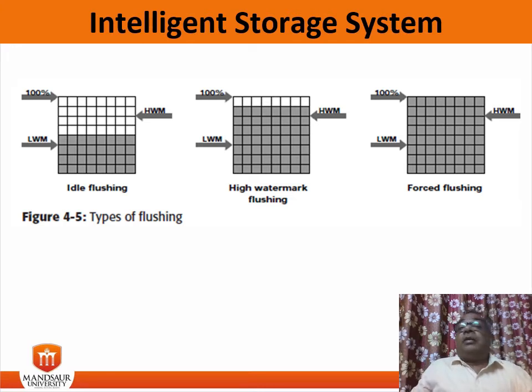On the basis of the IO access rate and patterns, the high and low levels, that is called the watermark, are set in cache to manage the flushing process. First one, high watermark, that is HWM. This is the cache utilization level at which the storage system starts the high speed flushing of the cache data. And low watermark is the point at which the storage system stops flushing data to the disk.